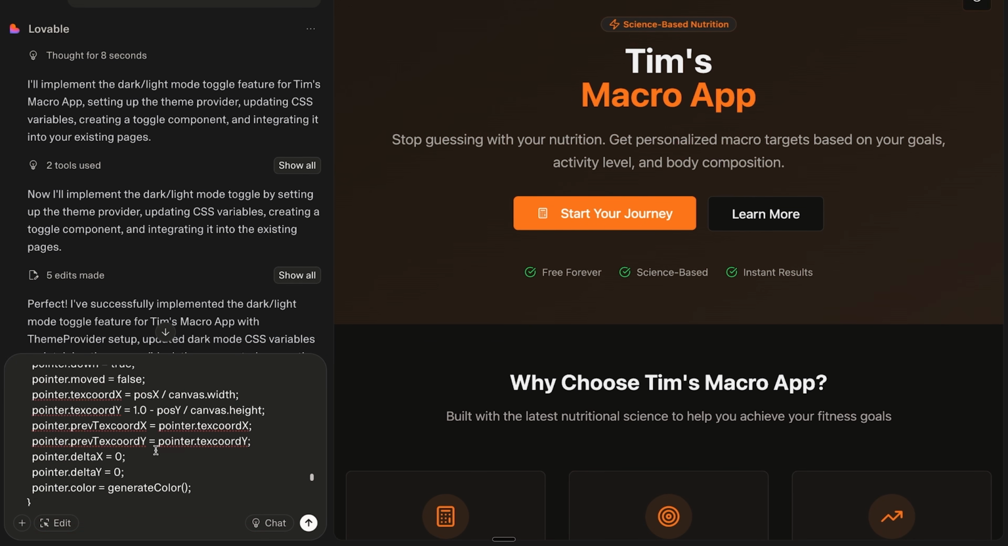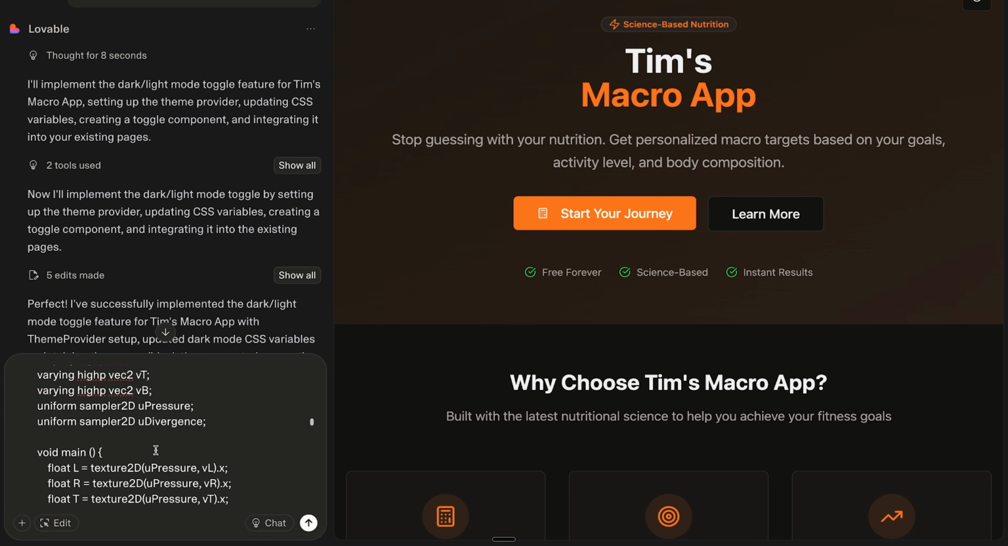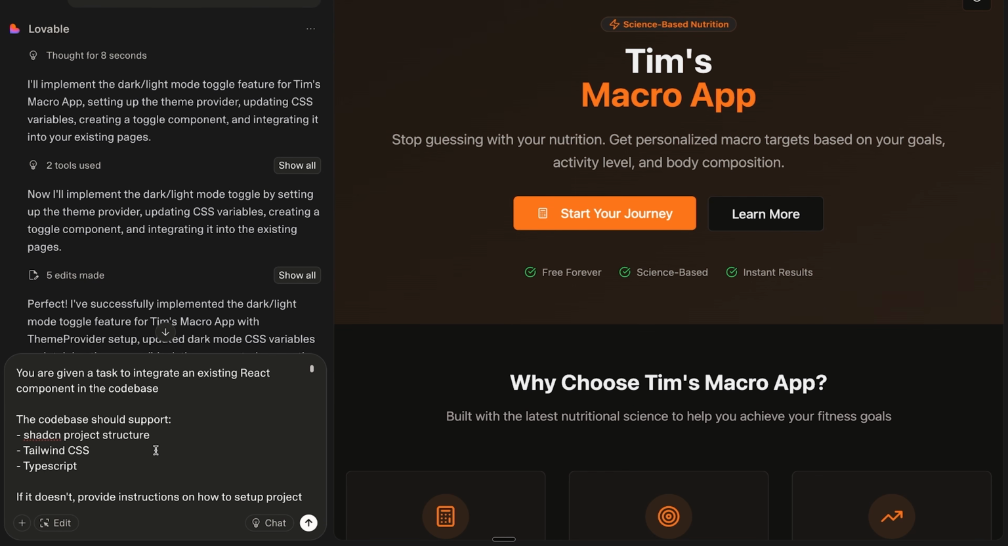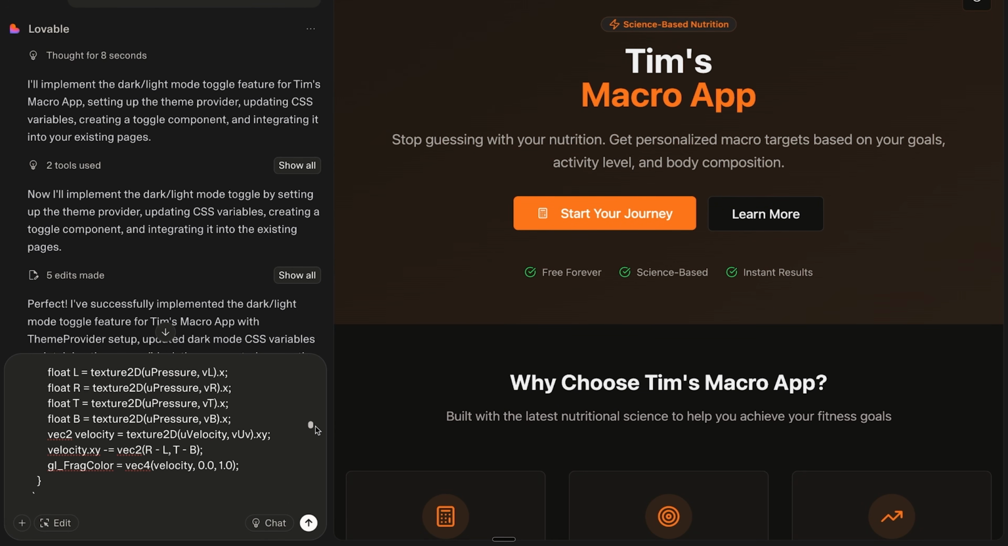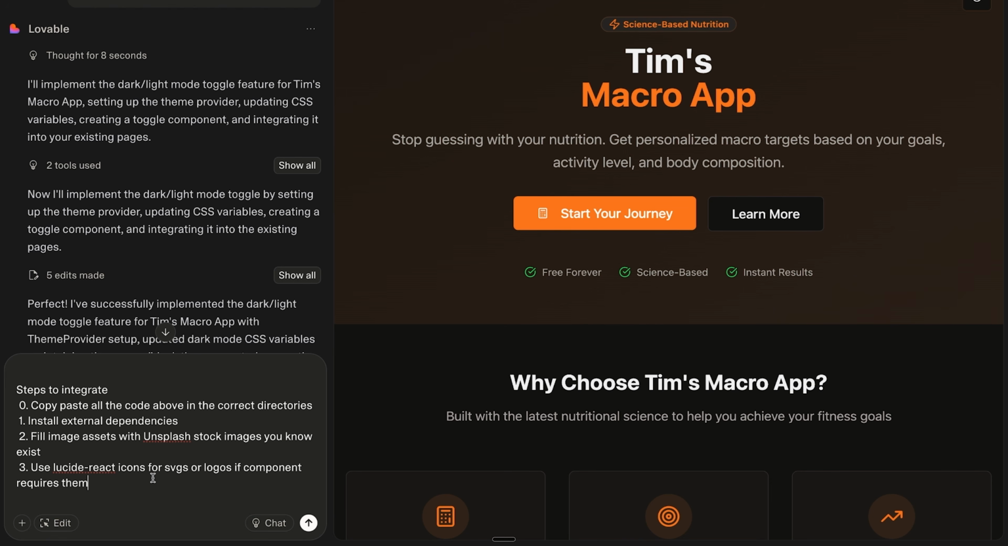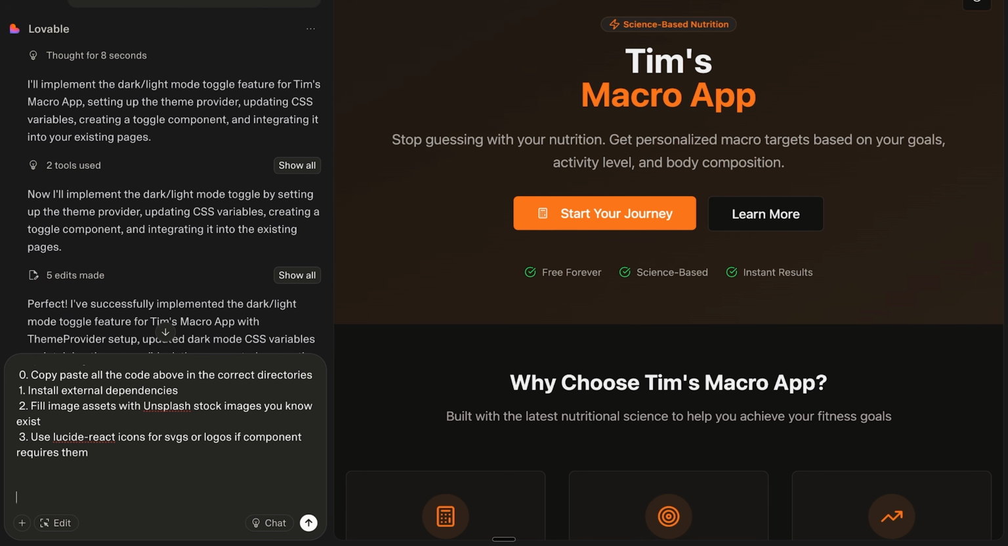Now you'll see that it's very long, right? Because it's explaining exactly what to do with the code sample, but this just says the following. You're given a task to integrate an existing React component in the code base, and then it says how to do this. I'm going to scroll to the very bottom and I'm just going to make sure that I say, do this for the